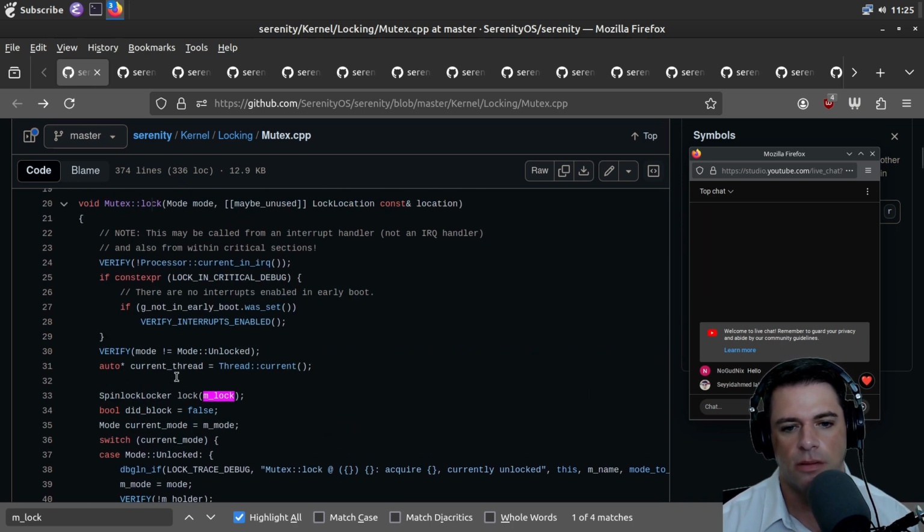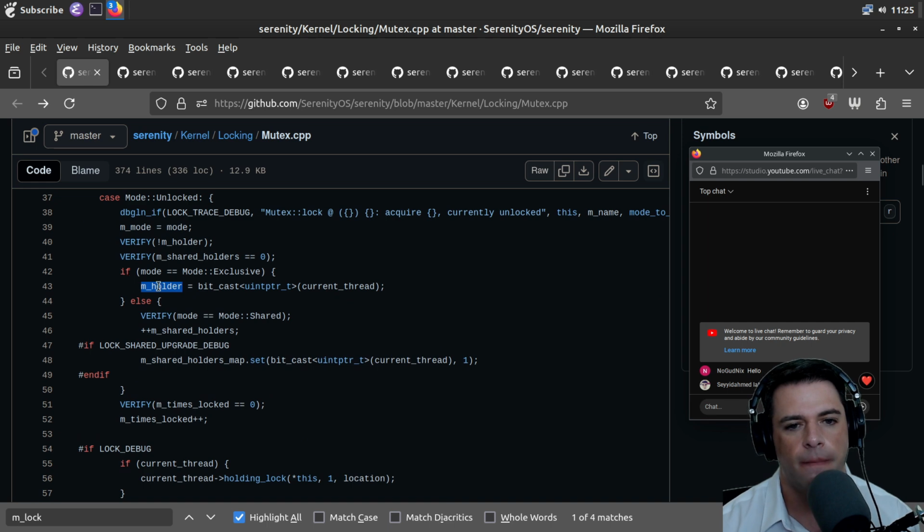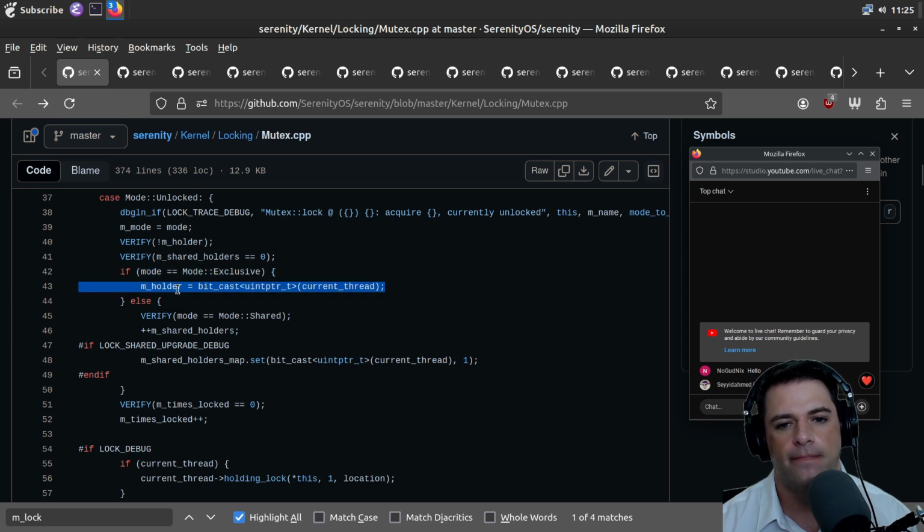And what is m holder? M holder, I guess, is a class variable. And that's some reference to the current thread. Forget the bit stuff. We've been asked to have an exclusive lock, so we're just keeping track of which thread has it locked.